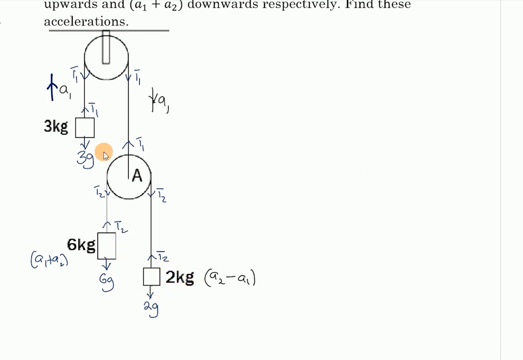So what we are going to do, let us consider the motion of the 3 kilogram mass. It is moving upwards, so we have T1 minus 3g is equal to mass times acceleration, ma. We are using the fact that F is equal to ma. That's what we are going to use. So the mass is 3, the acceleration is a1, and then